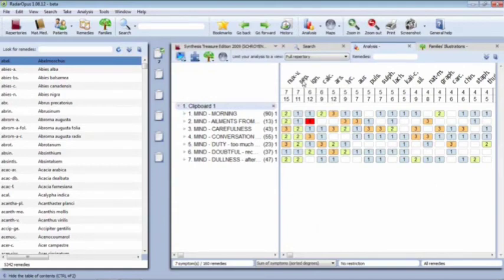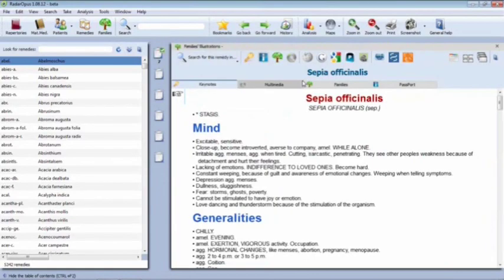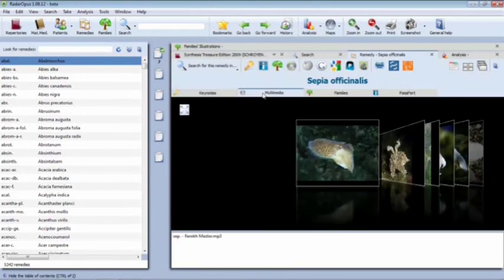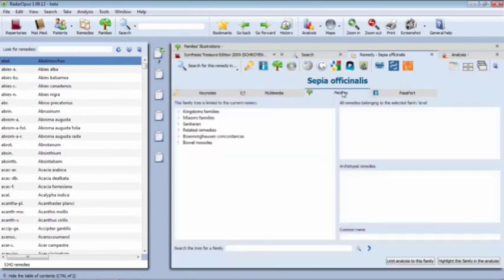I can click onto the word sepia, my left mouse button, and it's going to launch that remedy information window. This is the same place we've accessed before to see keynotes and multimedias, etc. There's a tab here also for families. If I click on this, this is going to show me all the family groupings that are specific to the